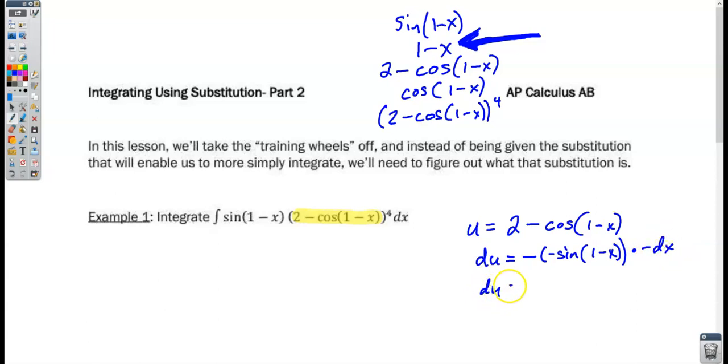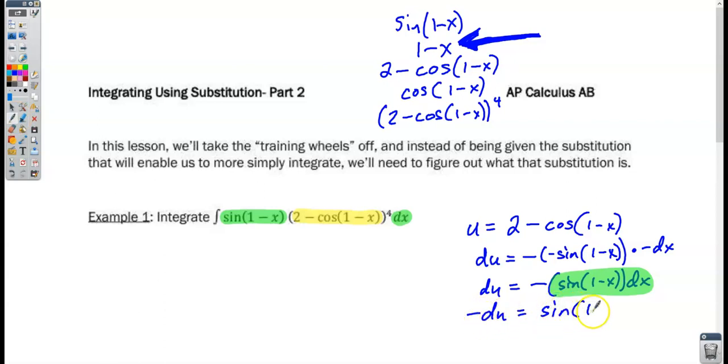And so du here is equal to, once I sort out all these negative signs, the opposite of the sine of the quantity 1 minus x dx, which comes very close to what's left in this problem, the sine of the quantity 1 minus x dx. And so I can replace all of that green highlighted stuff with the opposite of du